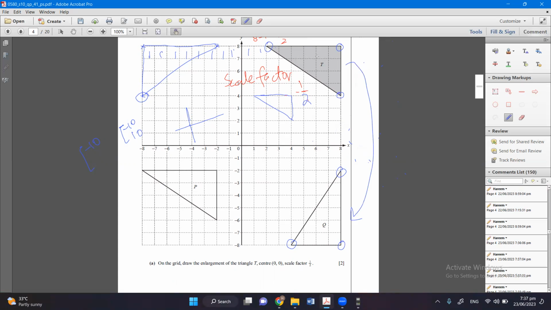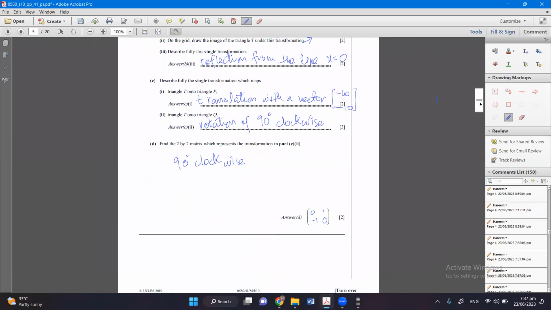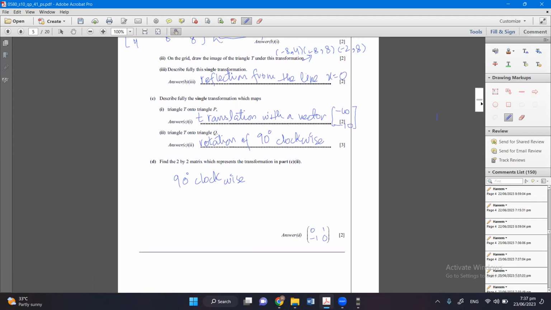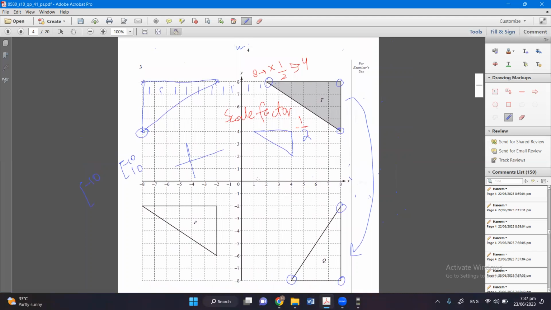ये जो है हमारे पास 90 डिग्री क्लॉकवाइज रोटेट हुआ है, ओके। अगर मैं टी को 90 डिग्रीज क्लॉकवाइज रोटेट कर दूं ना, तो इट वुड बी लाइक द ट्राइंगल क्यूब, सो इट्स 90 डिग्री क्लॉकवाइज, ओके। रोटेशन हुई है। नाउ द 2 by 2 मैट्रिक्स which is representing the रोटेशन। सो अगर 90 डिग्रीज क्लॉकवाइज रोटेशन करते हैं, तो अगर आप इसको थोड़े से पार्ट से एनालाइज करें ना,